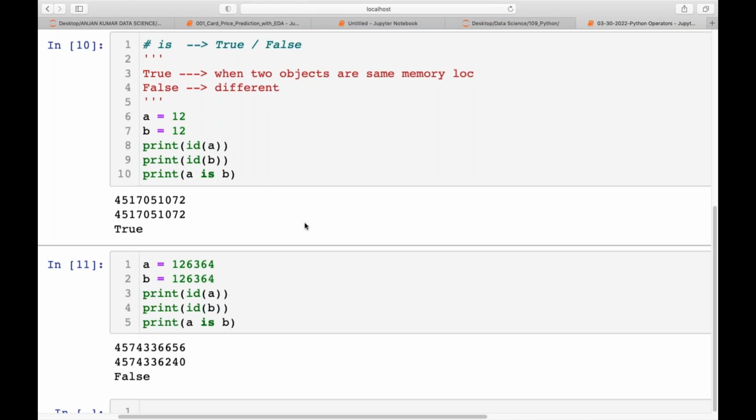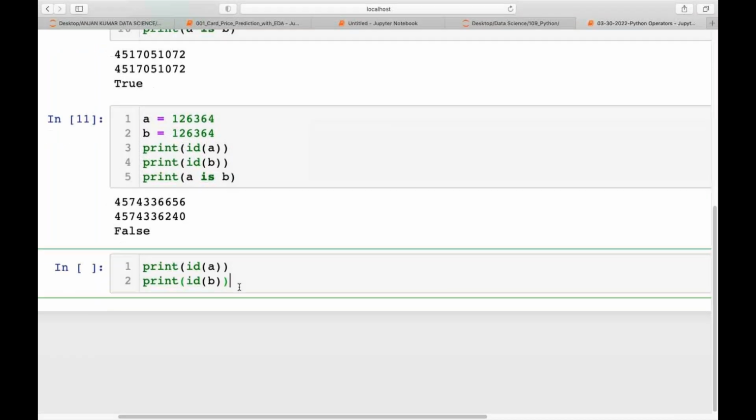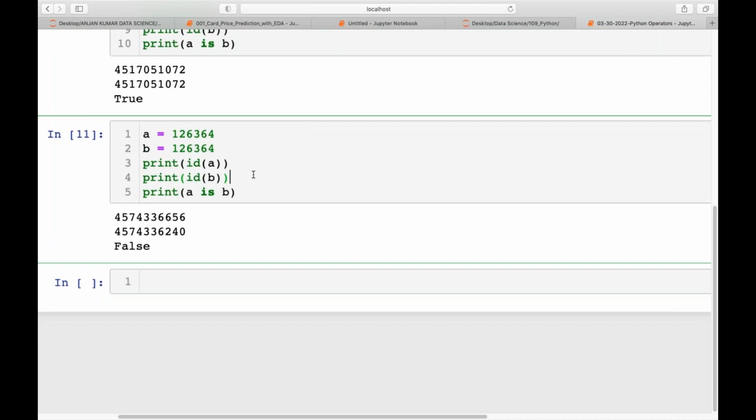Yeah, once it is done, let's go with another keyword. It could be the same as the is operator, but it's